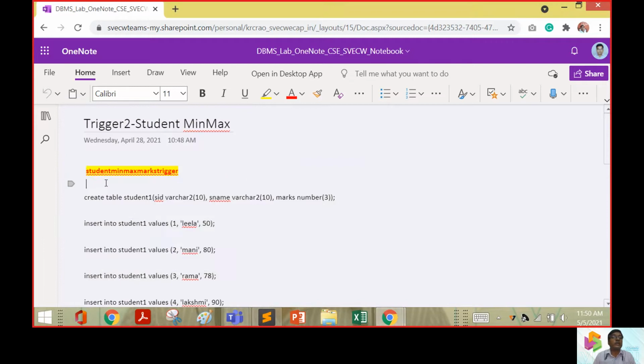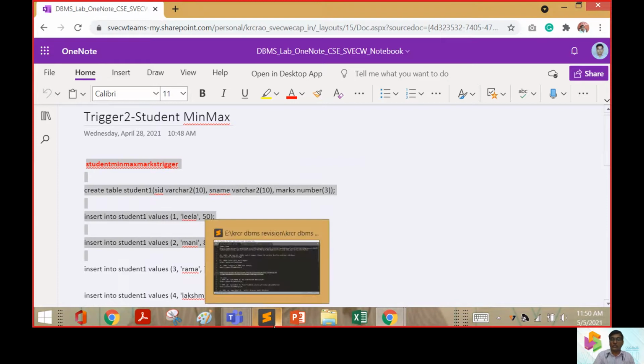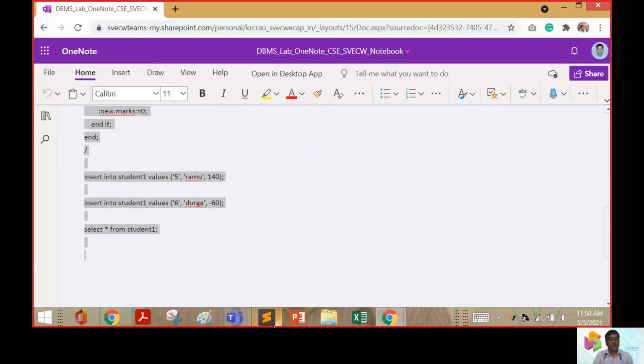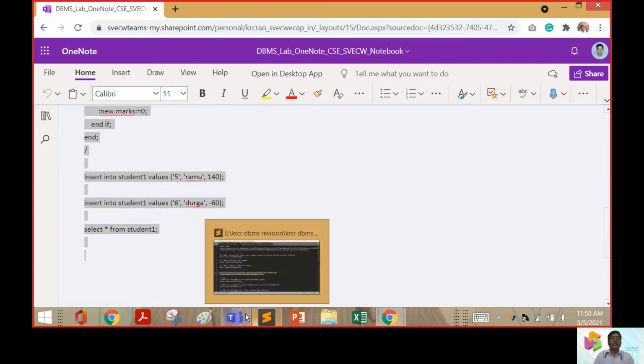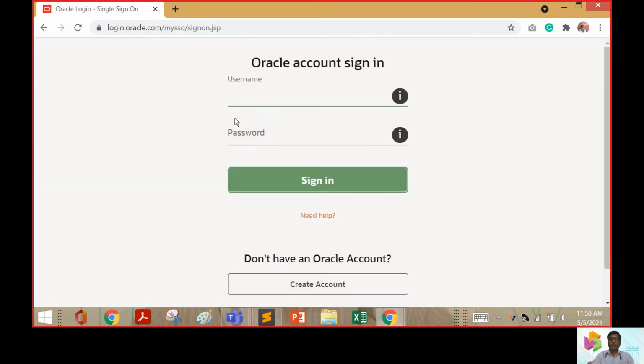So let us start now working with the trigger in the student database. For this, we are going to use Live SQL. Login first.